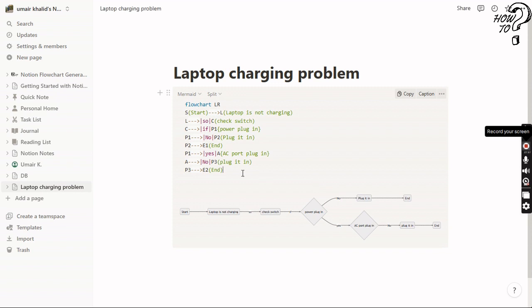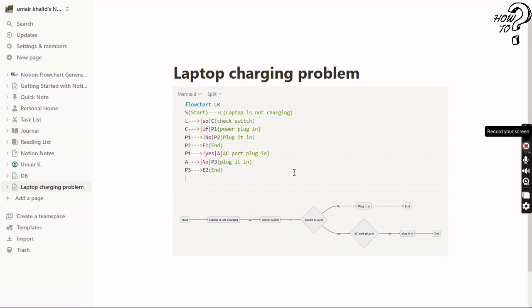So if this is the case, if AC port plugin, no, then plug it in and it will end. If AC port plugin and the answer is yes, then what to do? For example, I am going to a laptop repairing shop or some other shop. So I want to end my chart here. So what I will do, I'm going to continue again